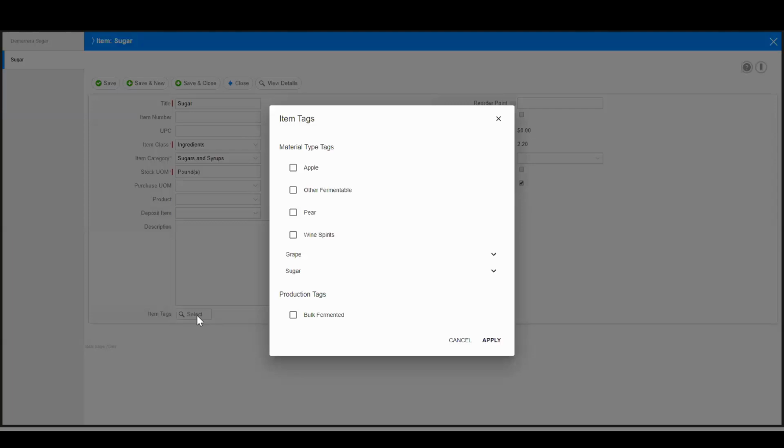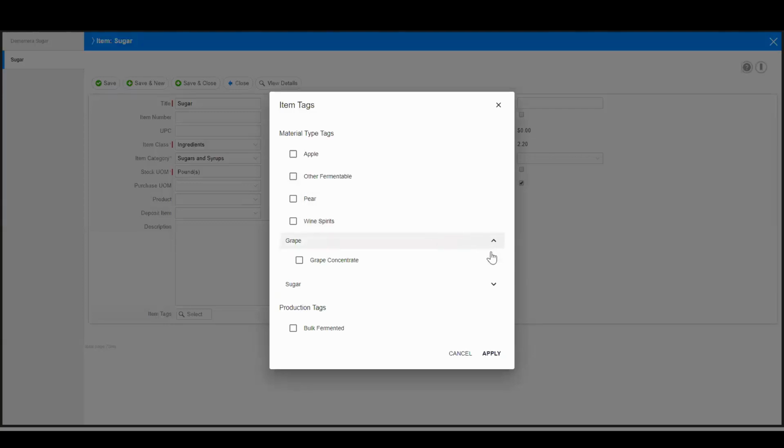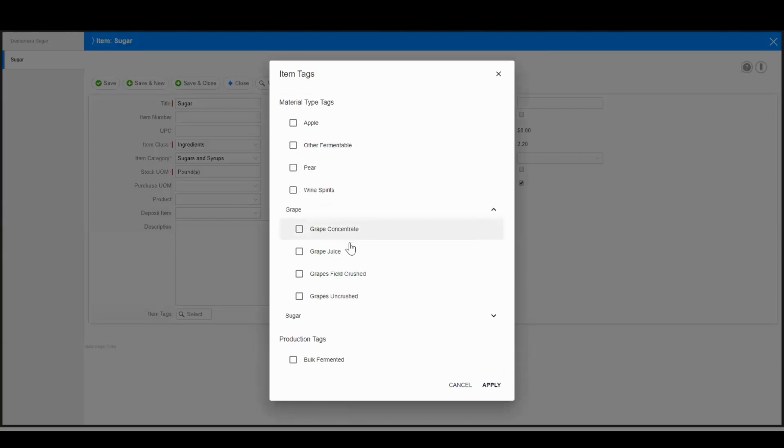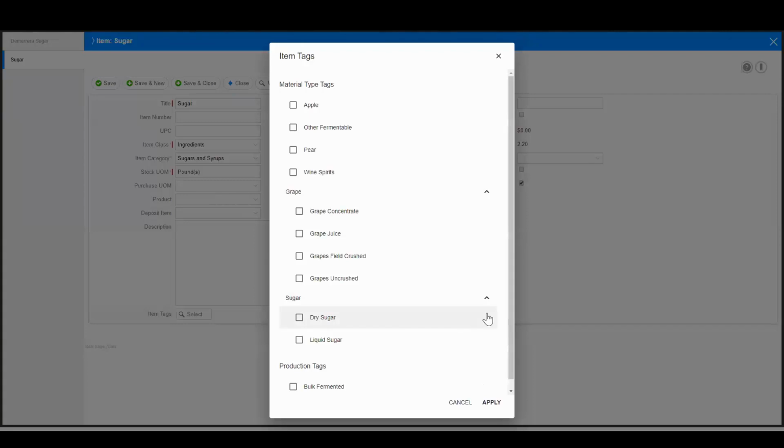So we have some material type tags. We have apple, other fermentable, pear, wine spirits. We have grape. We have concentrate, juice, field crushed, uncrushed. And then we have sugar, either dry or liquid sugar. Now, some of these like apple, pear, wine spirits, grape juice, grape concentrate, field crushed, uncrushed, and our sugar items